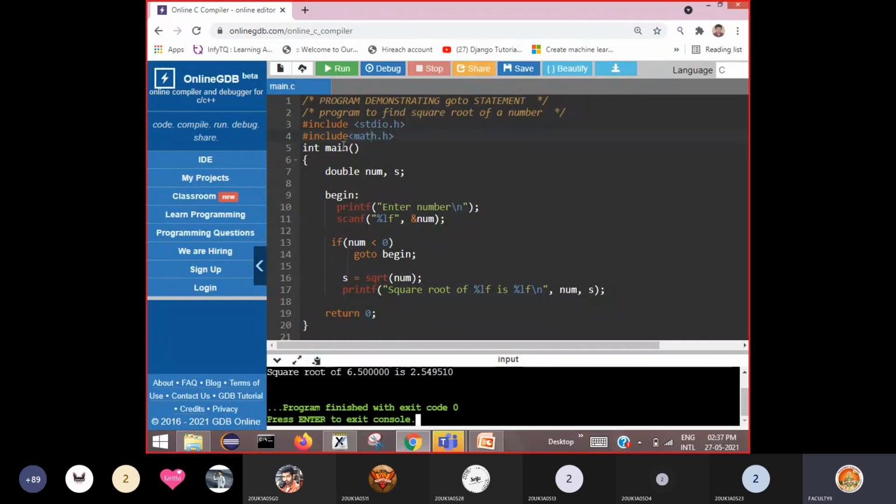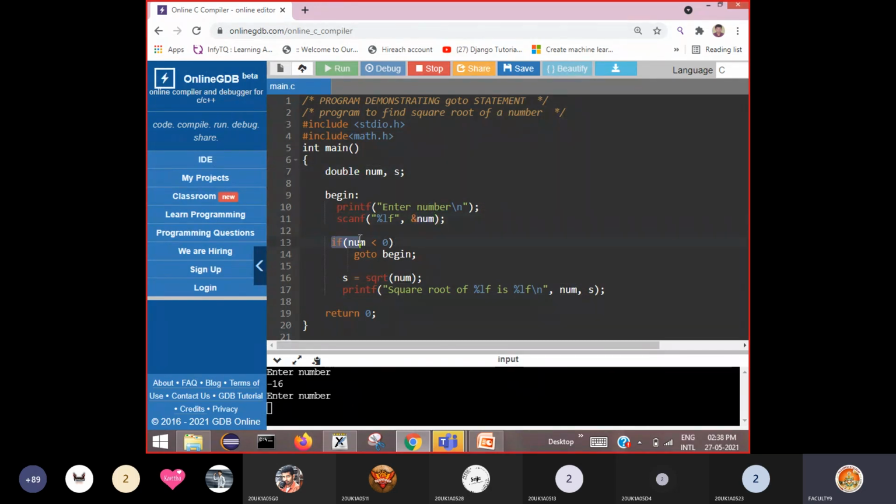Okay, so what is happening here you should understand. Now I run the program and enter a number. For example, -25 or -16 you entered. So what happens, we'll see here. Now it is asking to enter a number. What is happening in the program? That you should understand. First time, enter a number, minus 16 you enter, that is stored in num.